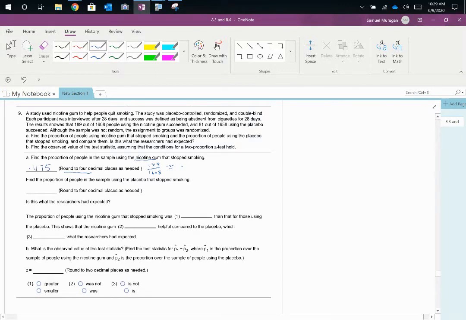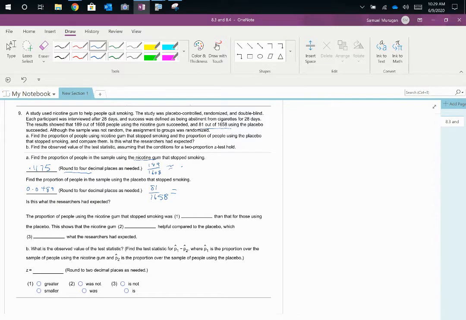And then moving along, 81 out of 1658 used the placebo, so 81 out of 1658. Calculator again, 4 decimal places, 0.0489. I'm using my calculator to get these numbers. Okay. So